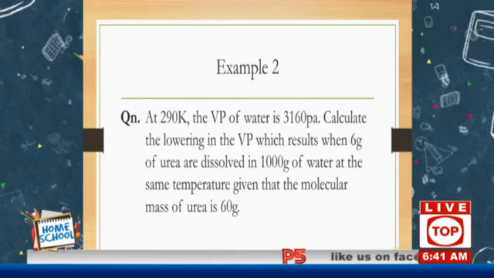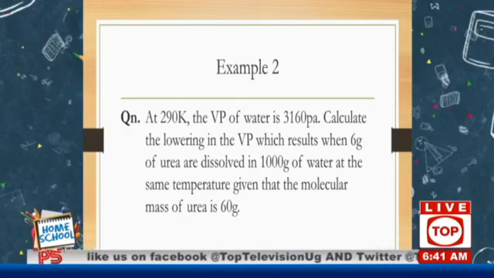The vapor pressure of water is 3,160 pascals. Calculate the lowering in the vapor pressure, which results when 6 grams of urea are dissolved in 1,000